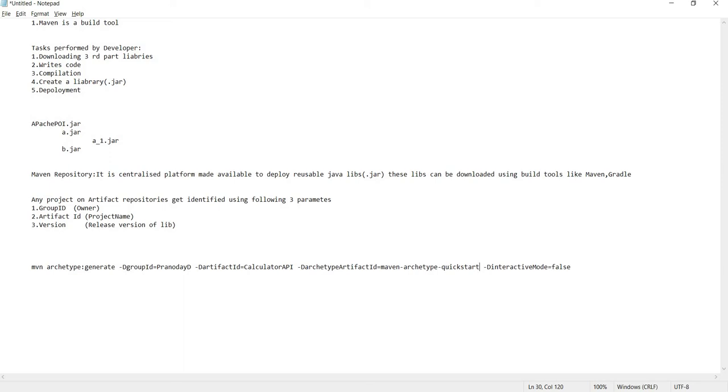Now when you create any project, it has its own directory structure requirements, right? When you create a web application project, it has its own requirement of directory structures. When you create a normal Java project, it has its own directory structure, right?